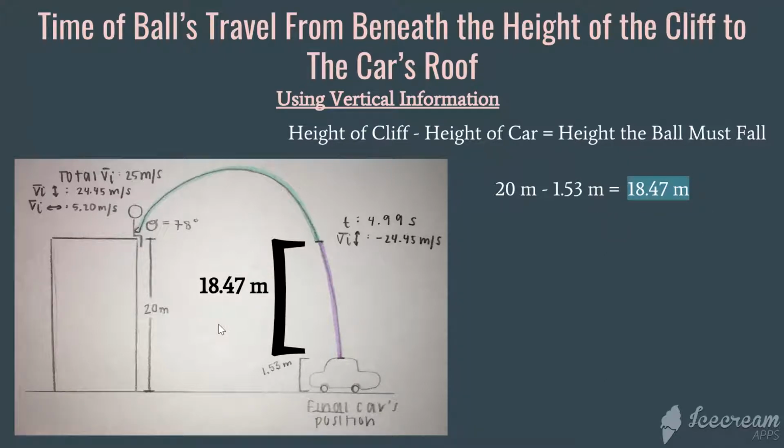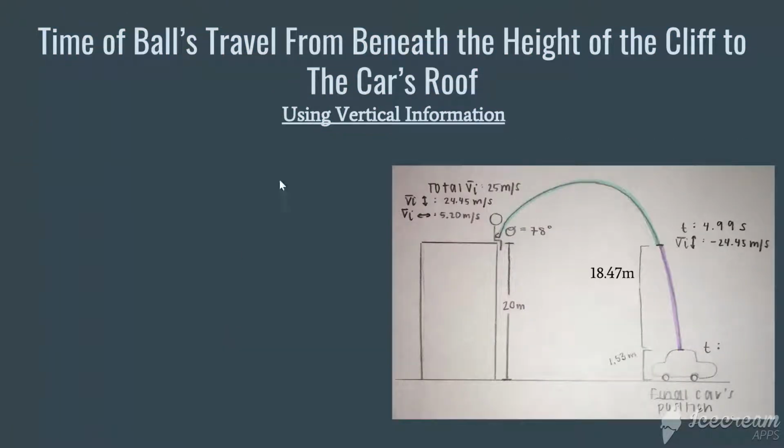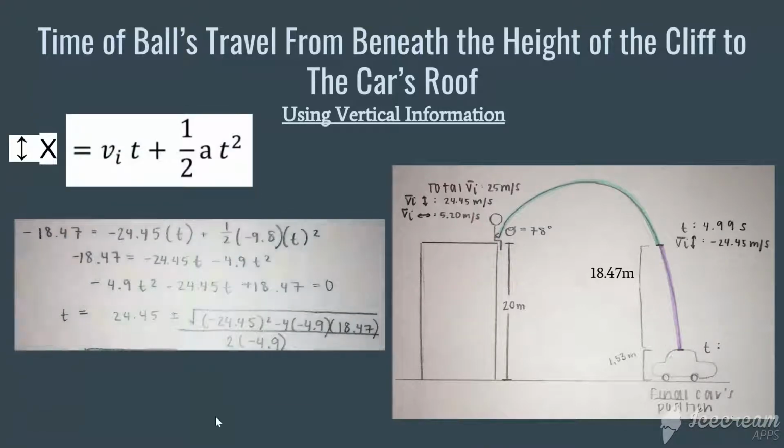Knowing this, we can find the time it takes for the ball to fall this vertical distance. Using the displacement equation, we can fill in the displacement as negative 18.47 meters, which is what you just found, except negative because the ball is falling beneath its initial point. The initial velocity as negative 24.45 meters per second, and the acceleration as negative 9.8